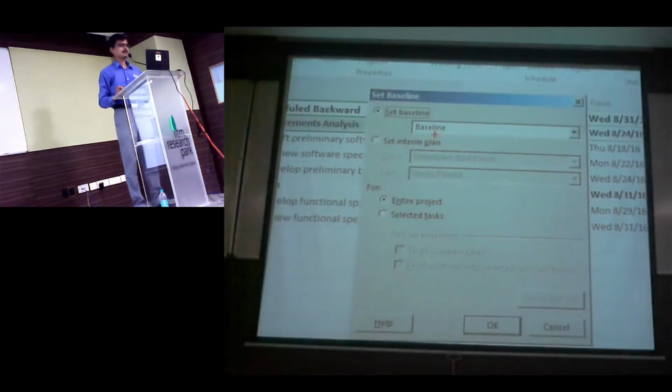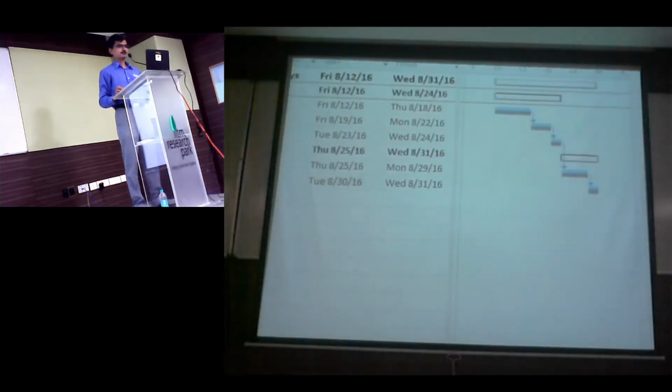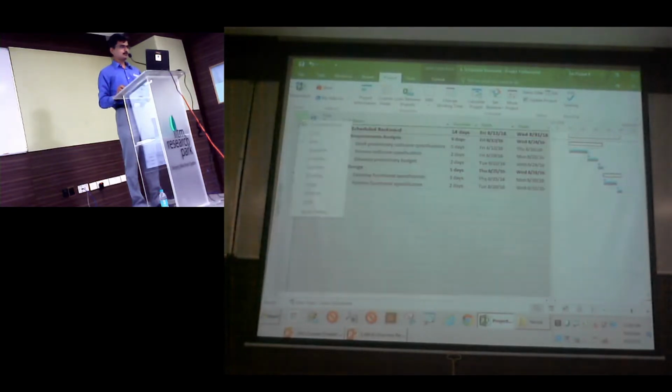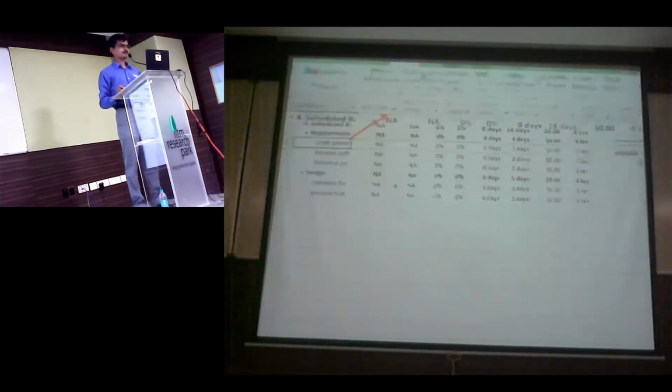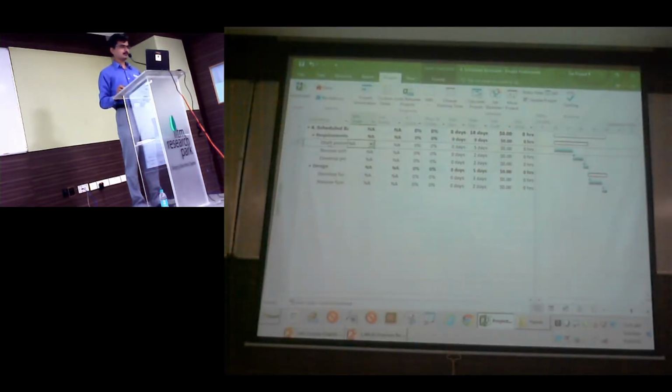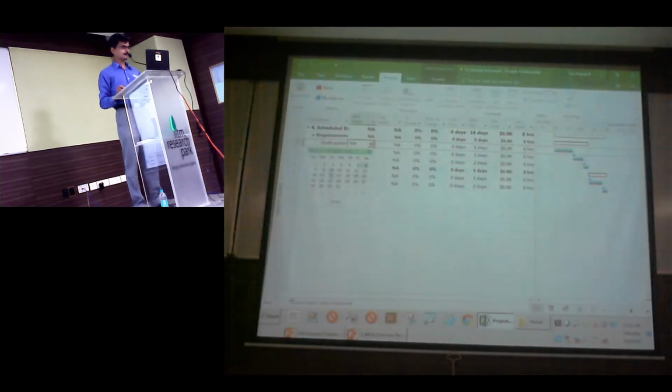This is how you baseline a plan. Baseline means you are taking a snapshot of your current estimates. I'll baseline it, and I'll also show you how to see the baseline data. Now you see there are 2 colored bars. The black represents approved, and the blue represents your current plan. Right now the plan is not started. So what I will do next is say that the draft activity started at a later date. I'm going to say that it did not start on the 12th, but on the 13th or 15th.